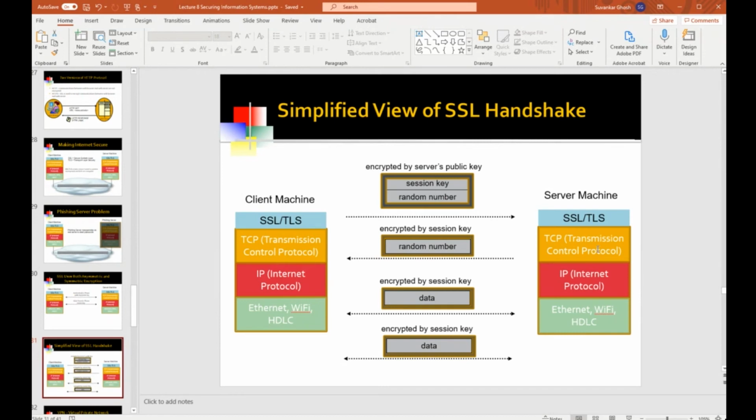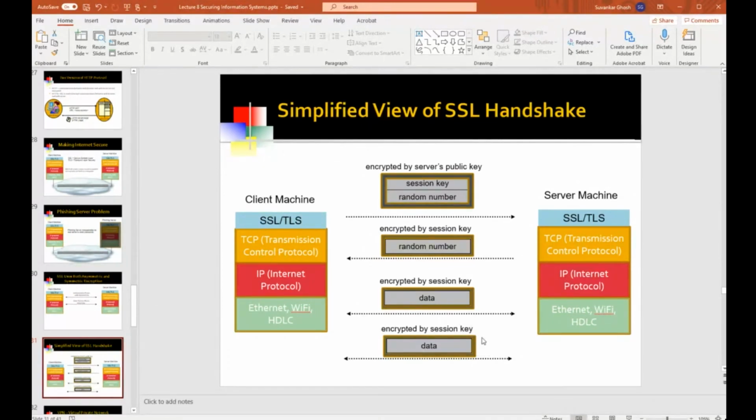So it's only the genuine server, since it's only the genuine server that has the server's private key, that would have been able to send me that same random number back. And furthermore, send it back encrypted by the session key that I had generated. So now this client is 100% certain that they are indeed talking to the right server, the genuine server, and not a phishing server that is trying to steal their username and password.